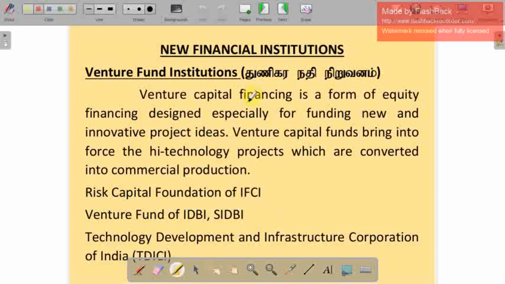new financial institutions. We are going to see about the financial institutions. The first one, venture fund institutions. Venture fund institution, in Tamil, is called Tunigara Nidhi Niruvanam. It gives funds for a new product or innovative new project area. For a product that does not exist in the world and is newly going to be created, they invest their money. It's called a venture fund institution. Some institution names given are: one is the Risk Capital Foundation, and a venture fund of IDBI, SIDBI, and the Technology Development and Infrastructure Corporation of India. And next,